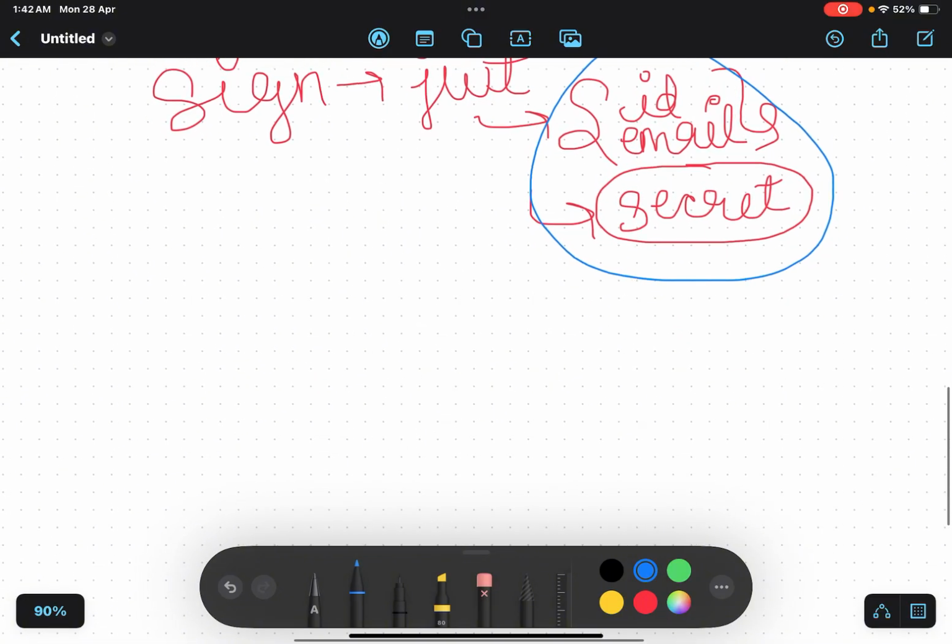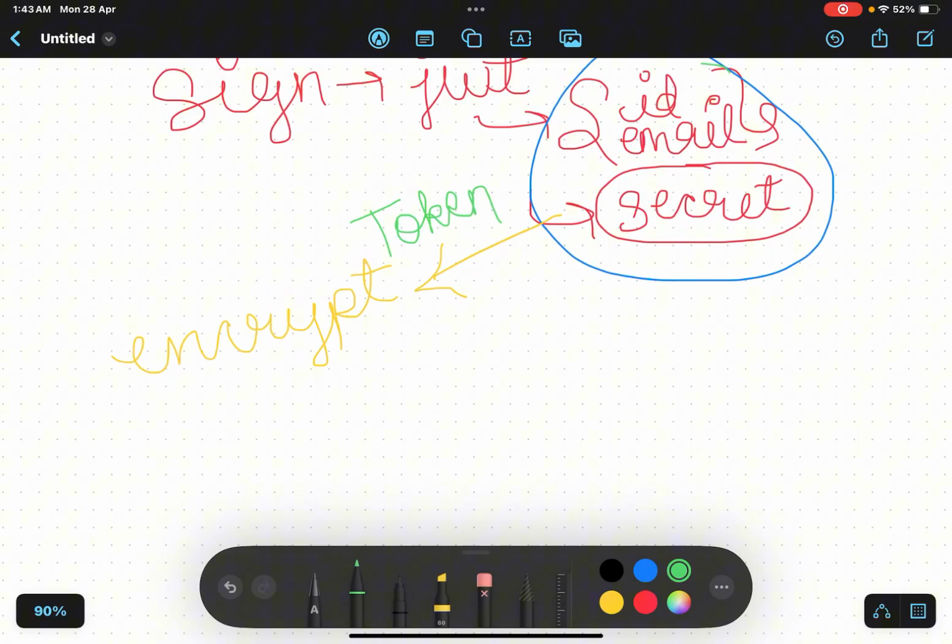Now, how is this working? This is working on the principle of encryption and decryption. So, what actually happens here? A token is created which is encrypted. Let's say a token was generated by using this information, your email ID and whatever, and then the secret. With the help of the secret, a token will be generated, and this will be an encrypted token, which means